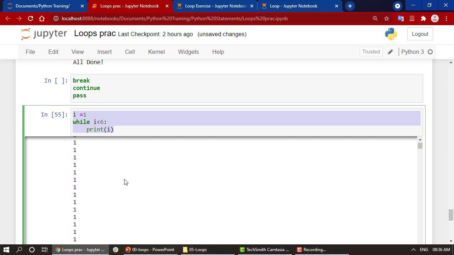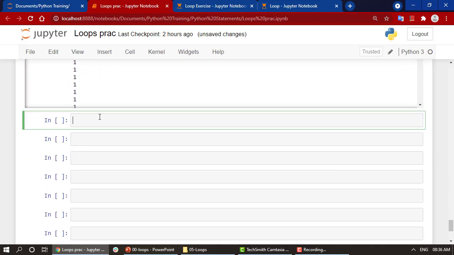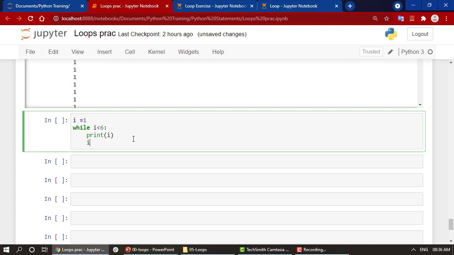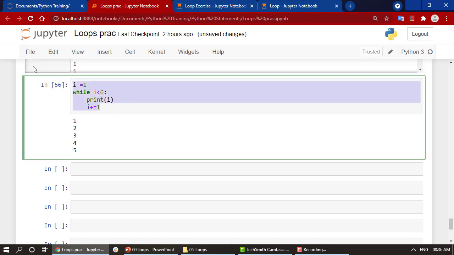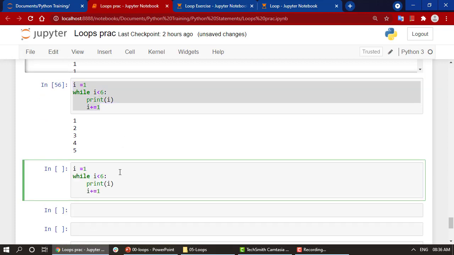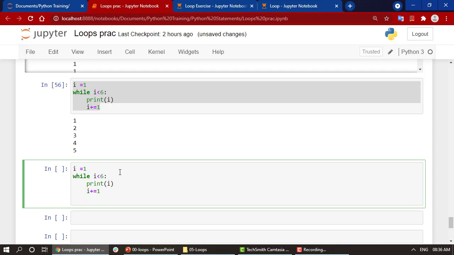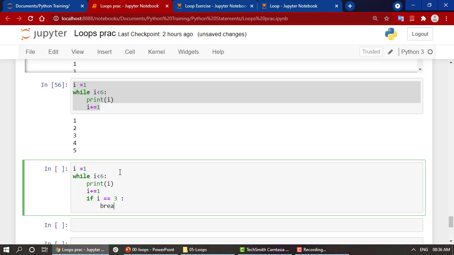So let's copy this code into a new cell, paste it, and increment with I plus equal to 1. Execute it now. So we are getting all the numbers. Now I'm going to add a break statement over here: if I equal to 3, then break.